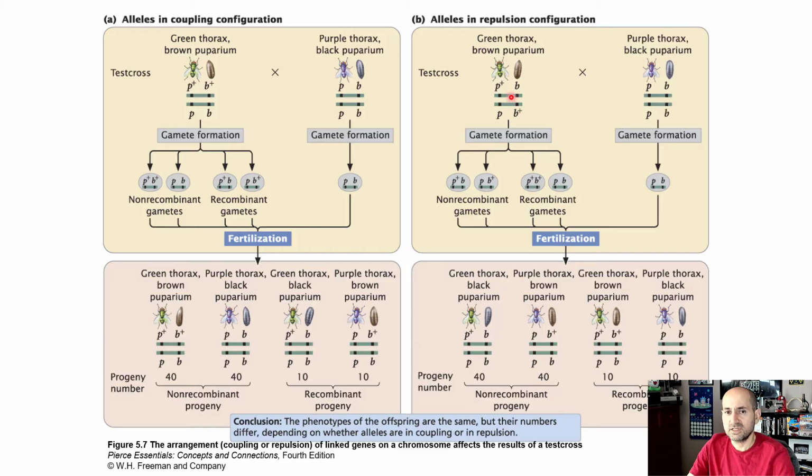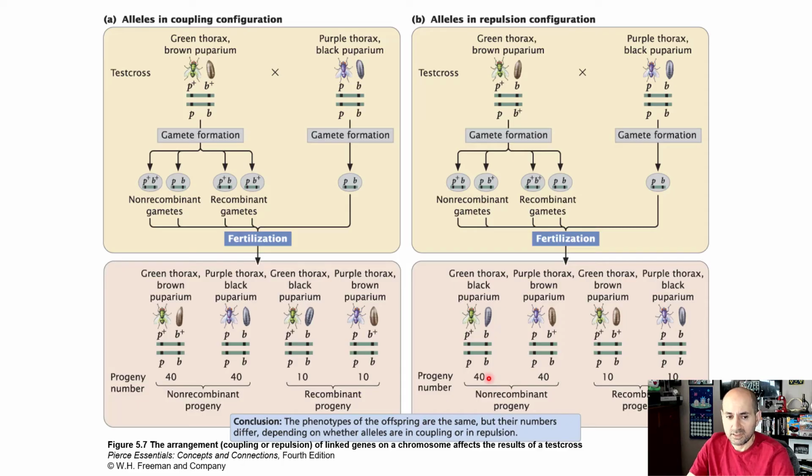Because of this, in the progeny you're going to see what appears to be recombinants, with green thorax black puparium and purple thorax brown puparium as the most numerous progeny. What appears to be a crossover but really isn't is going to dominate in the